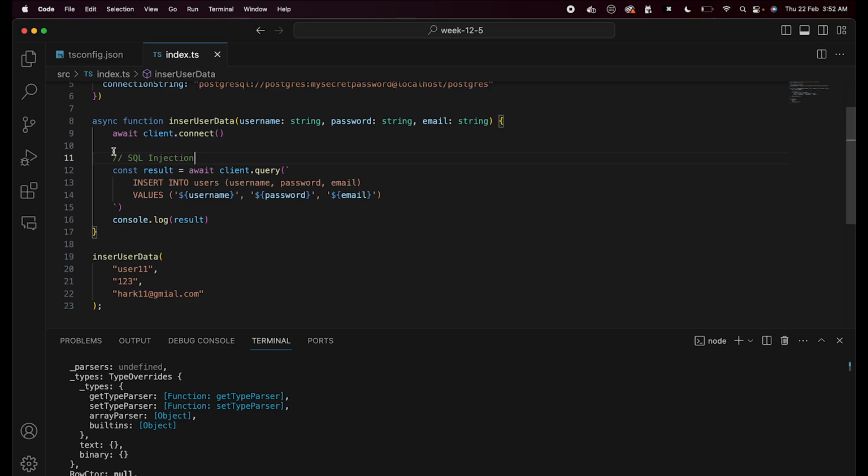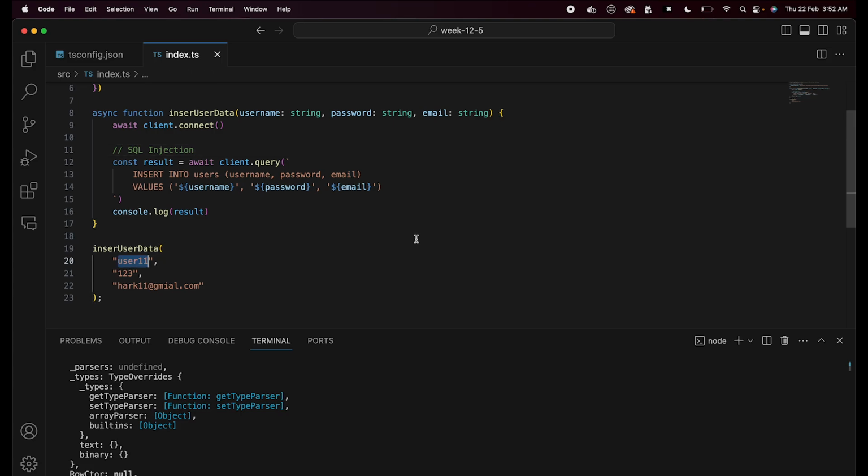where someone comes and gives you an erroneous username. If someone comes and they give you this username, right? Semicolon, delete star from users. Then what will username get replaced by? It will get replaced by semicolon, delete star from users, semicolon. And then password could, let's say, be empty and email could be empty. So what did the final string become? It became insert into users, the values are